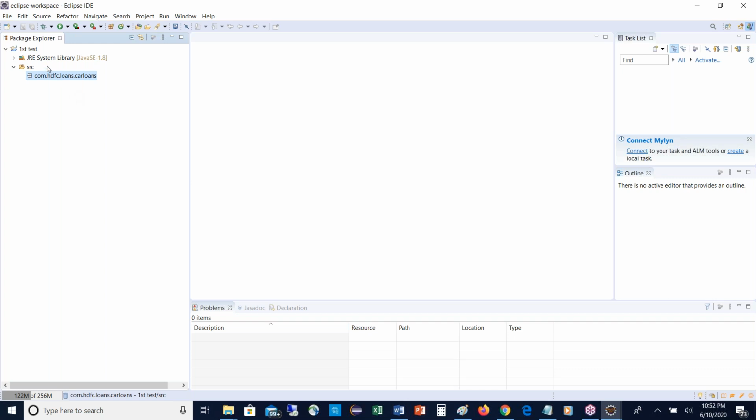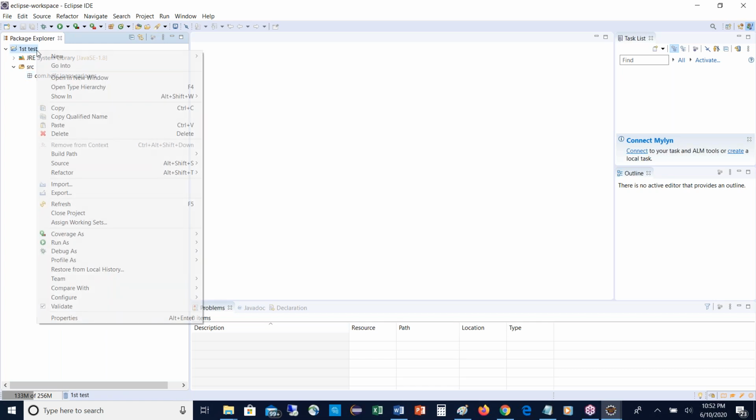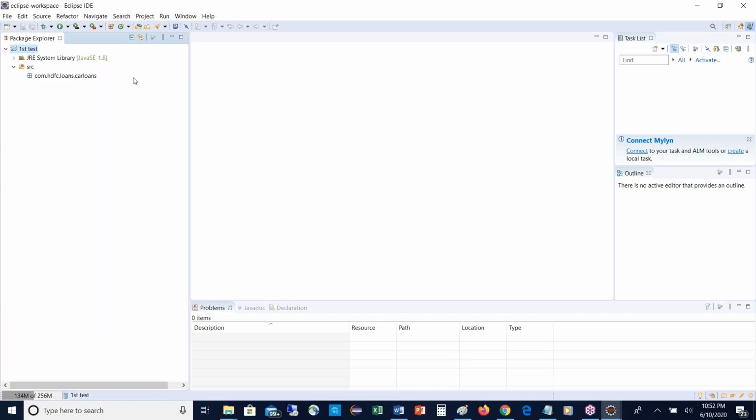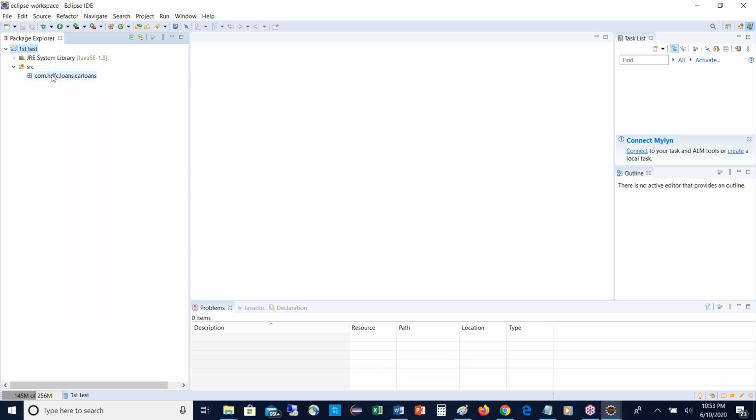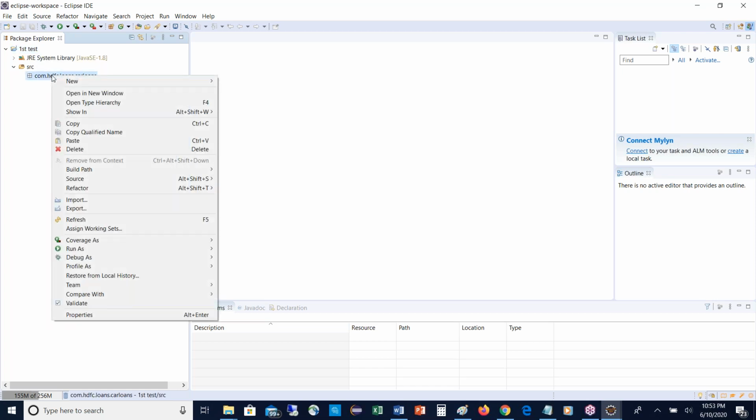If you want to create one more package, instead of right clicking on the project, I will tell you one shortcut. We can go again by right clicking on the project only. For the first time, we have to right click on the project. Second time onwards, no need. You just right click on an existing package. Right click on the existing package, madam. Like that, I will tell you. New package.